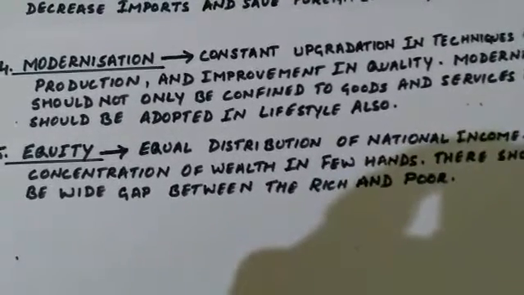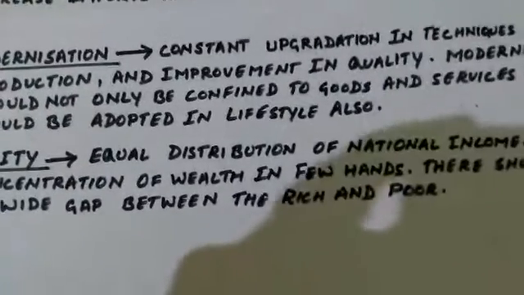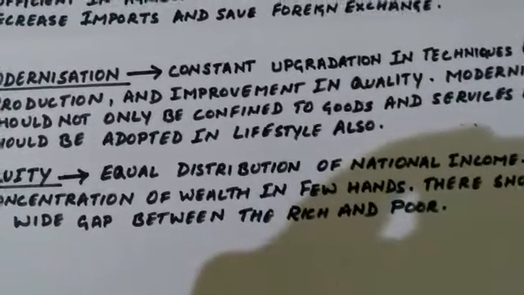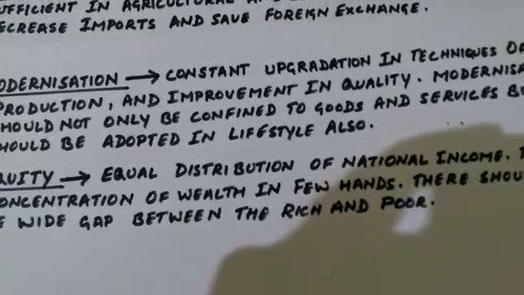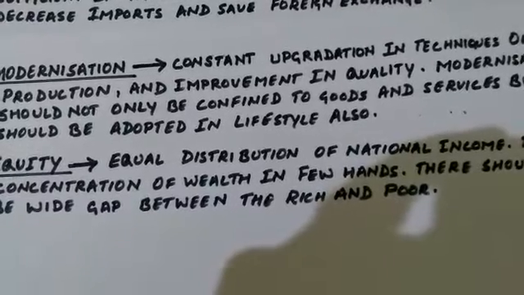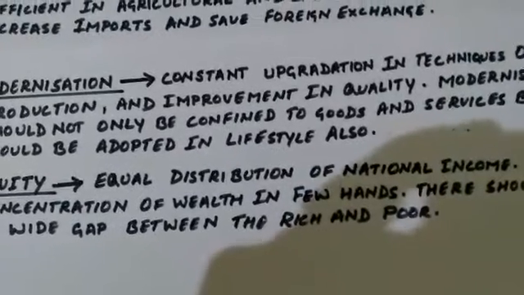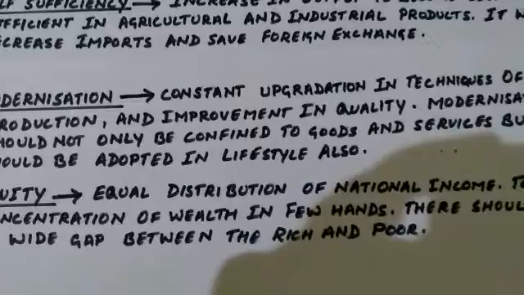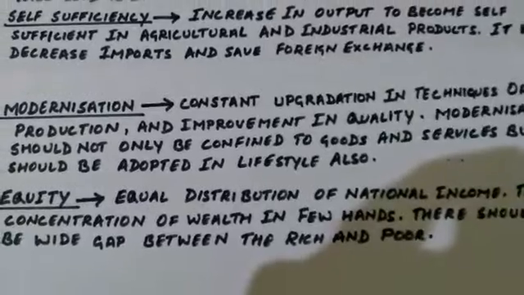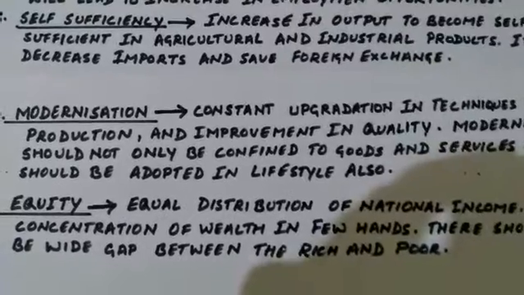Next important goal is equity or equitable distribution of national income. It is very necessary that the goods and services produced should be equally divided among the people of the country to avoid concentration of wealth in few hands. If wealth is concentrated in few hands, there will be a wide gap between the rich and the poor, which will bring about an unrest in the society. Resources, when confined in few hands, will bring about overall unrest in the society and the development of the society or the country will